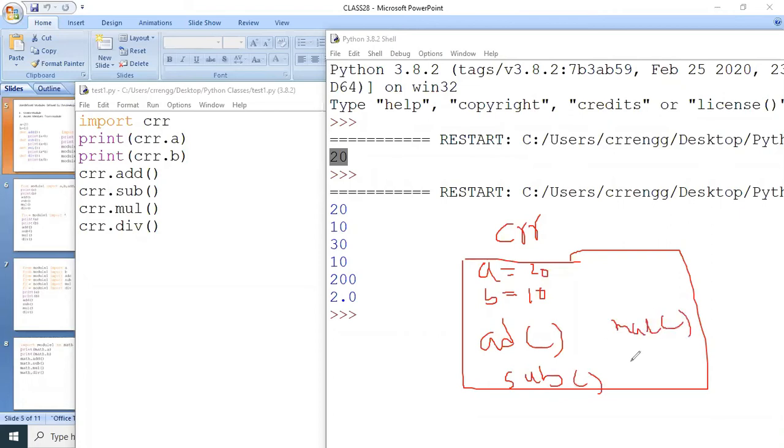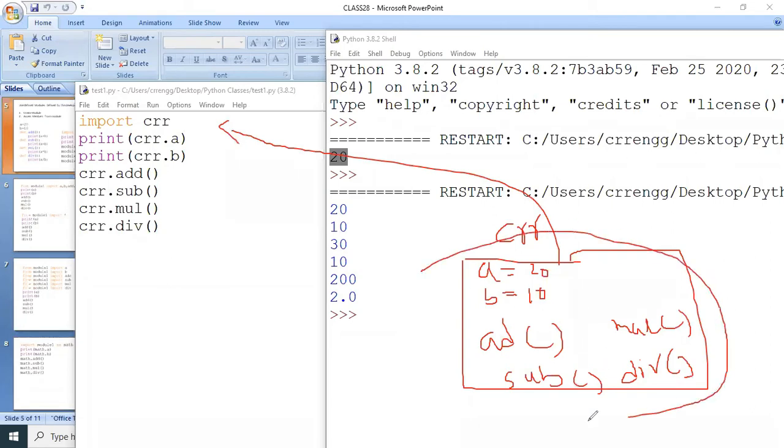When you import this module in your program test1.py, these functions and members are imported into this program. But we access these members and functions with the help of the module name.